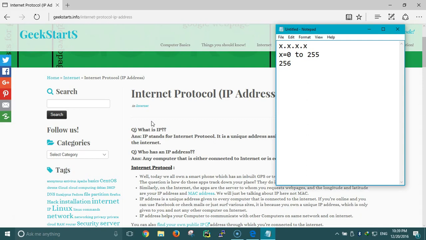And the reason we use 256 is because it is 2 raised to 8, and an octet can have 8 bits. The X thing that we have here is an octet. So an octet can have a maximum value of 256. Let me show you why.